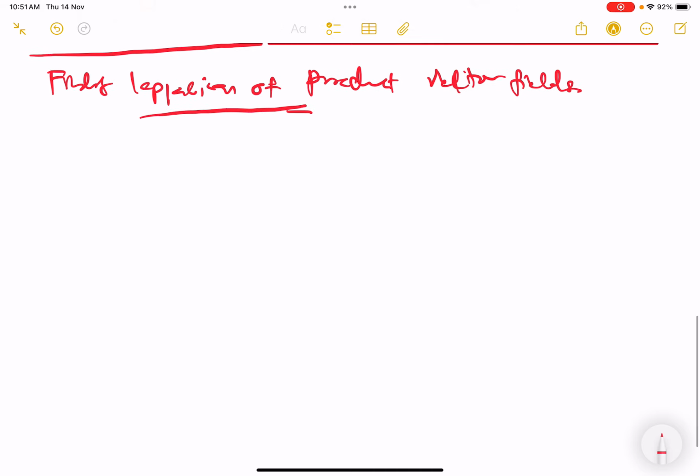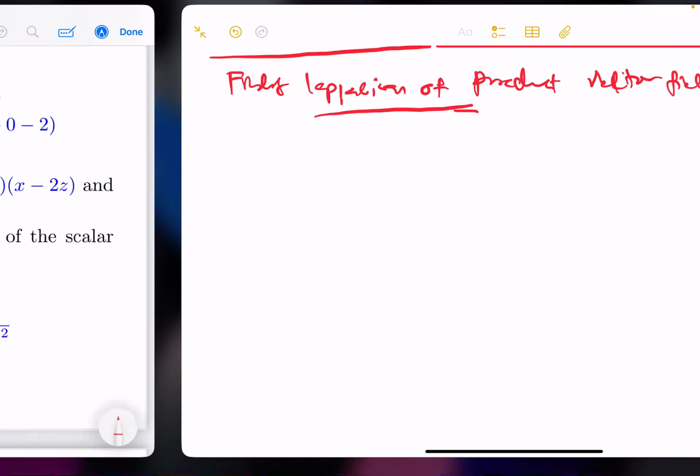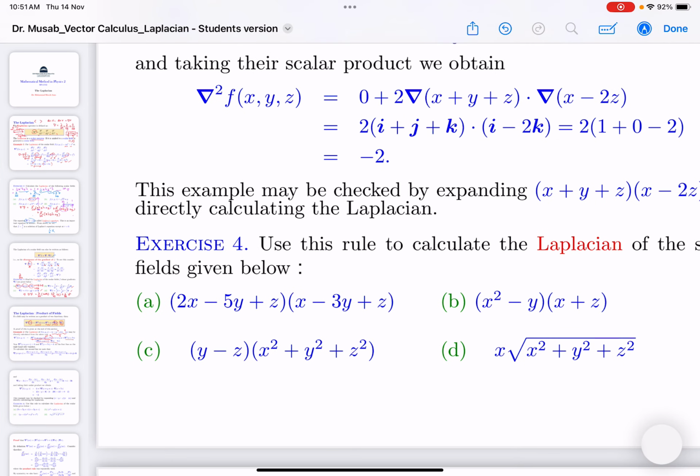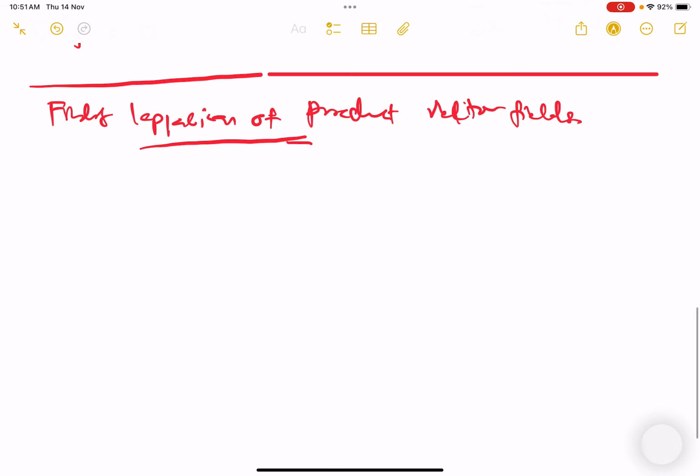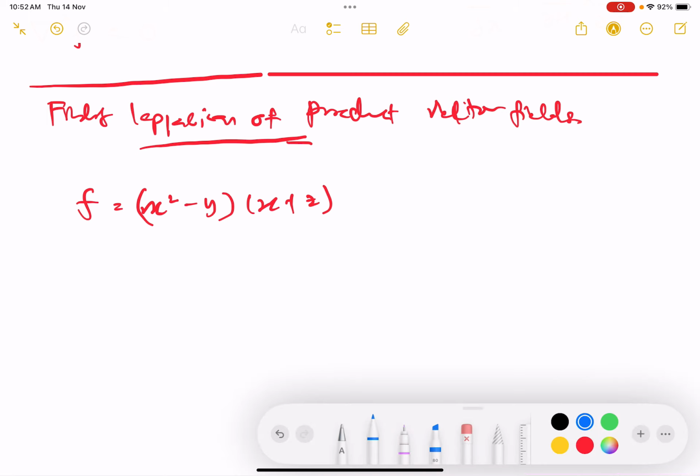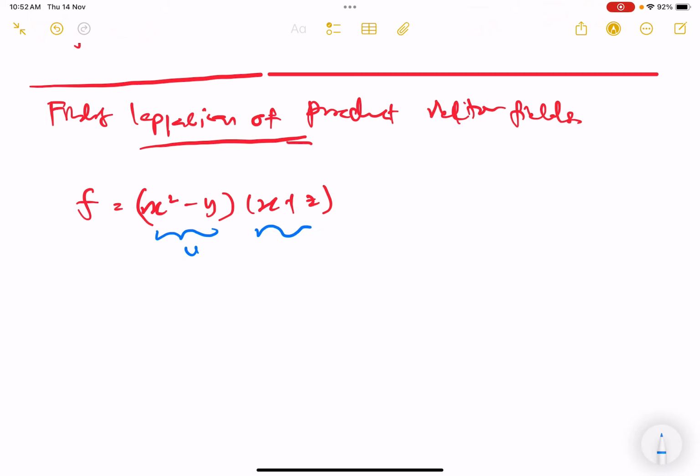So what is the question? x squared minus y function plus z. Okay, so now we assign: this is u and then this is v, right? So finding the Laplacian of uv